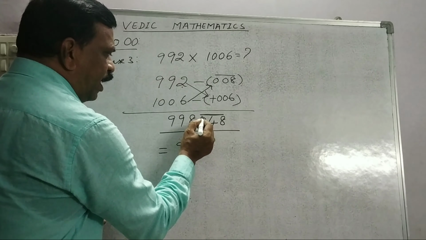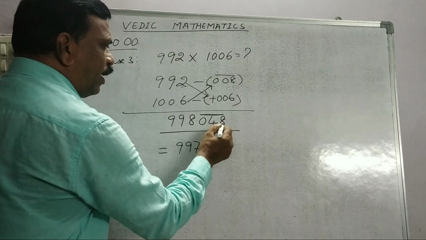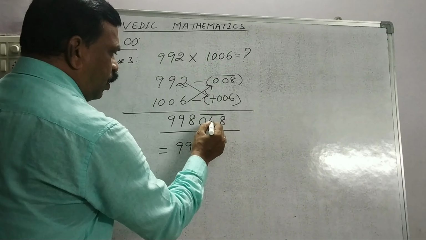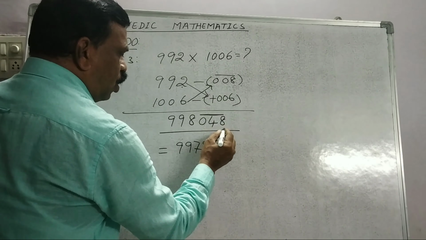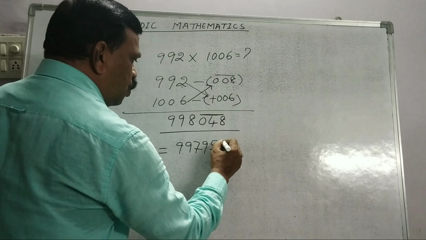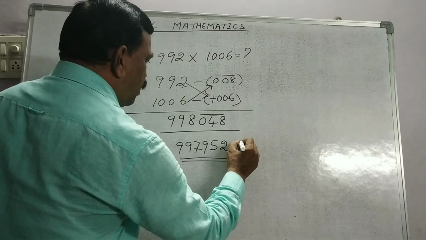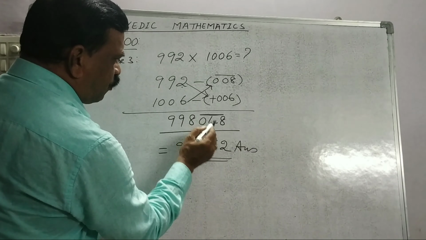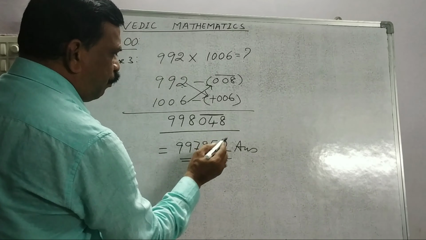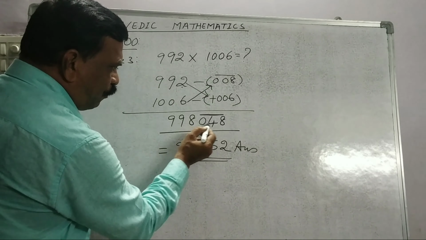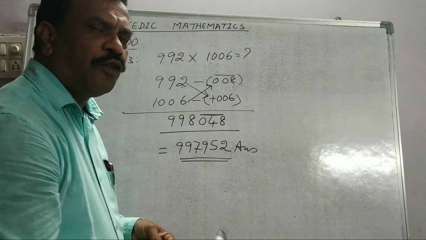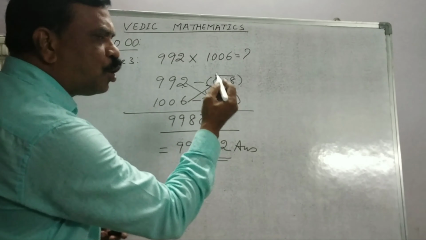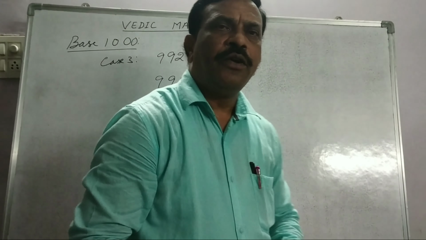And for these numbers, apply Nikhilam Sutra. Complement of 9 for 0 and 4, complement of 10 for 8, last number. So complement of 9 for 0 is 9, complement of 9 for 4 is 5, complement of 10 for 8 is 2. So this is our final answer. So here 9 minus 0 is 9, 9 minus 4 is 5, 10 minus 8 is 2. So this number is reduced by 1, and for these numbers we are applying the Nikhilam Sutra, all from 9, last from 10, and we are getting the answer. So the problem becomes so simple and we can solve the problem very fast.